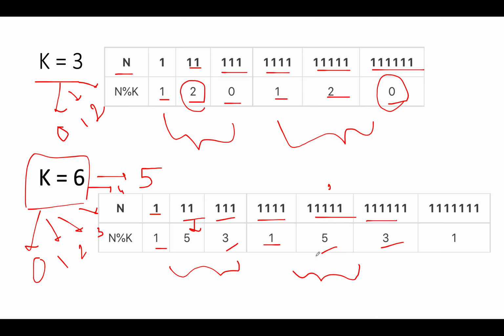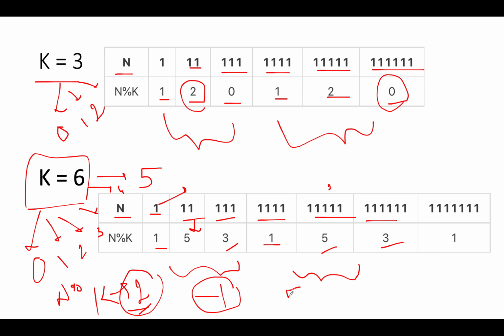Also, let's talk about few corner cases. So let's take the value of k as 2. So 2 being even in nature, will there ever be case that n modulus 2 would ever be equal to 0? No, because n will always be an odd number and 2 is an even number. So there is no possibility that you'll ever get an answer except -1. Similar is the case when k is equal to 5.